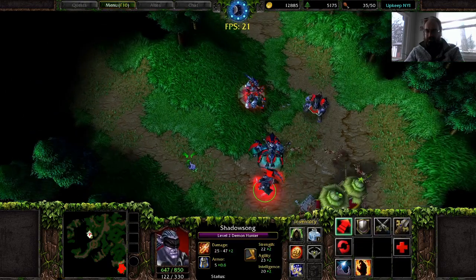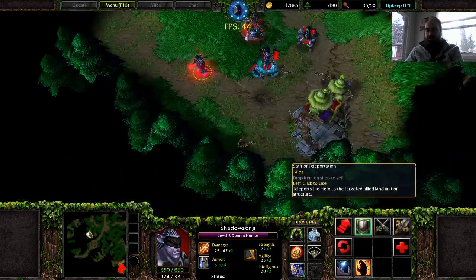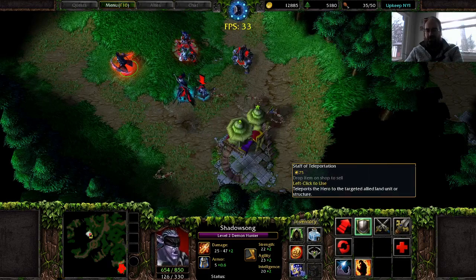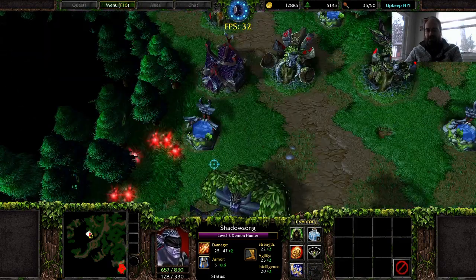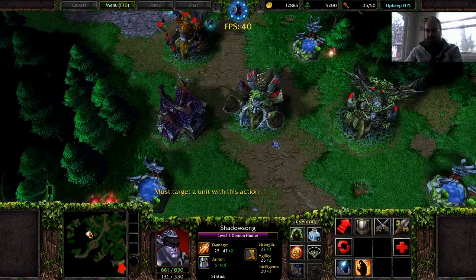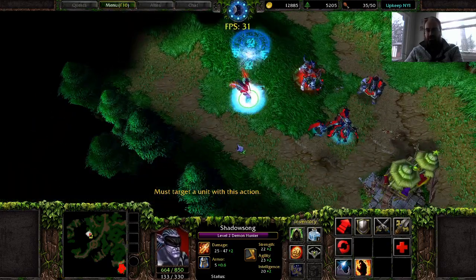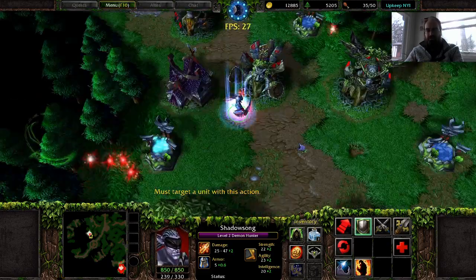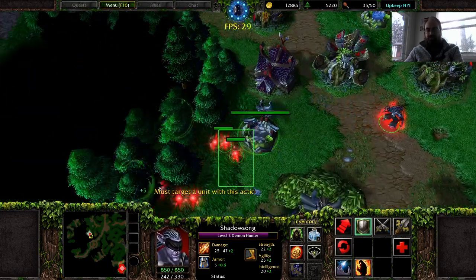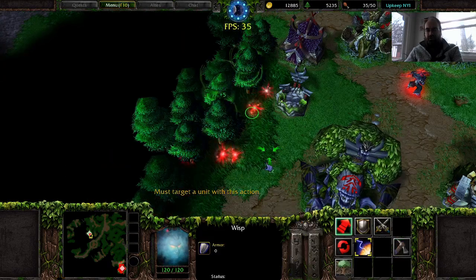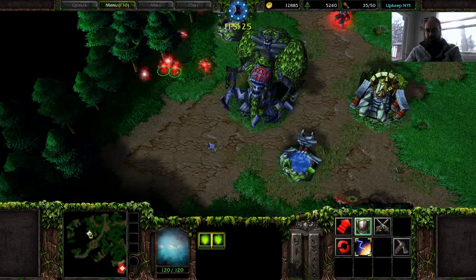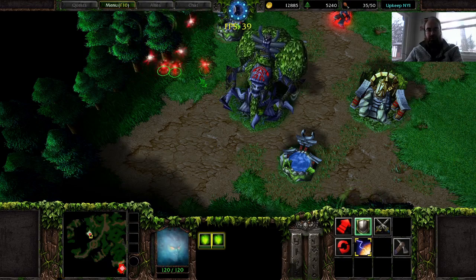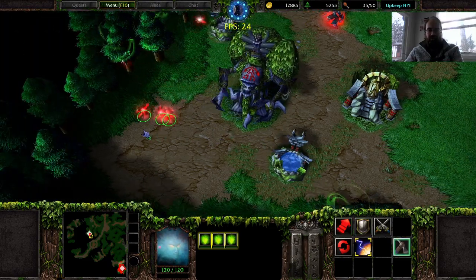But Staff of Teleportation is fun because the mass teleport skill for the archmage works. Staff of Teleportation also works because it's literally just the archmage mass teleport that only affects yourself, which I thought was kind of interesting when I realized that. It's one of those things where you implement something in Warsmash and then something else just starts working when I hadn't even originally tried to be testing for that.